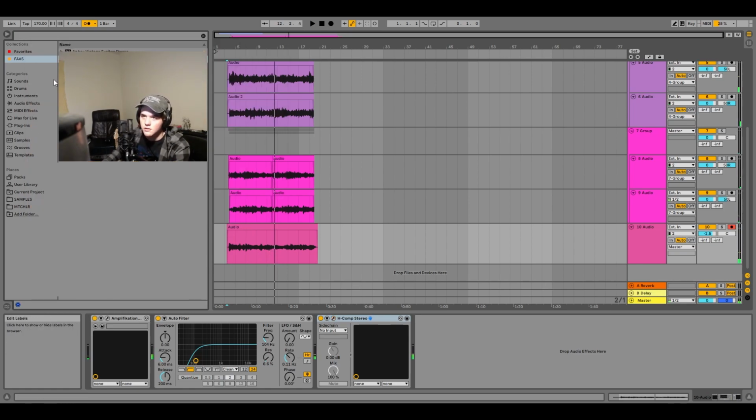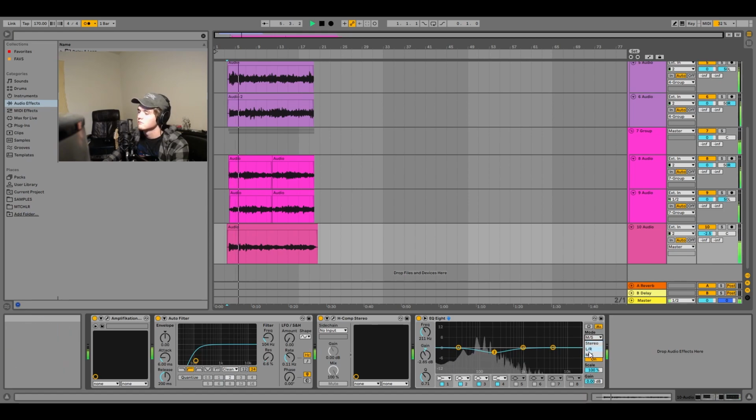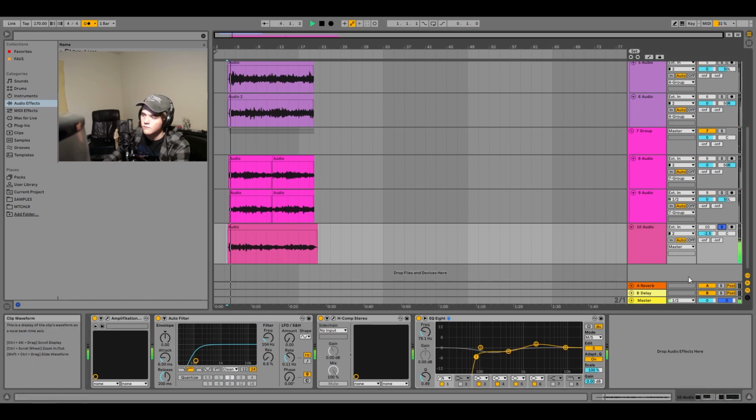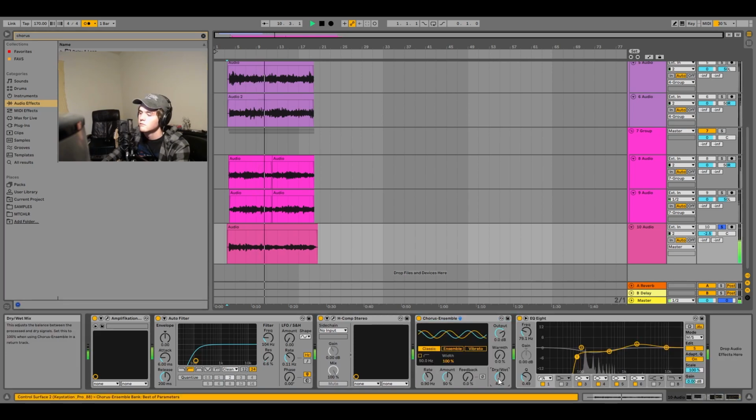I also want it to be wide, which is interesting because people tell you not to widen your bass. I say, do it if you want. It's going to be hard to make sound great, but sometimes you can actually make something sound really nice with a wide bass. I'd even go far enough as to say, put a chorus on it. But the only thing I will say is, to make it not as muddy,